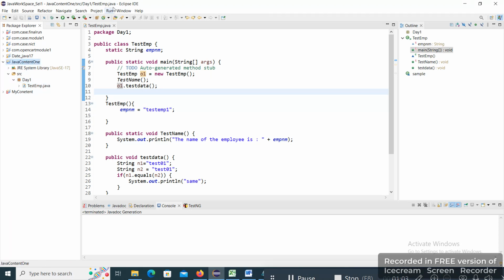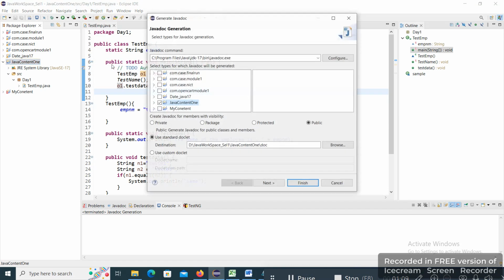Now, I need to select the project, and from this, I can see one project menu here. I have to click on the project menu. Now, generate Java doc. Here you can see the javadoc.exe application is already there, which will get configured. After this, one auto generated doc repository will be created. Here you can see /doc. Now let me click on finish. I have to enable the particular project over here, so my project has already been enabled, Java content 1. Now let me click on finish.